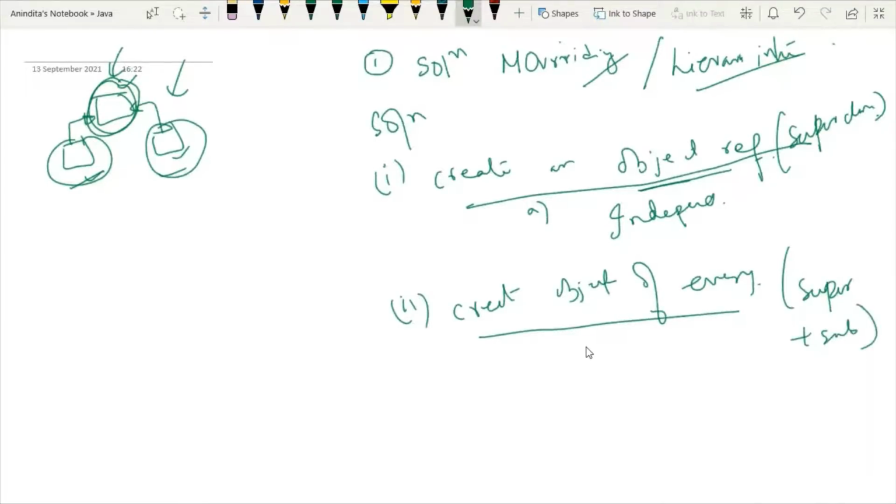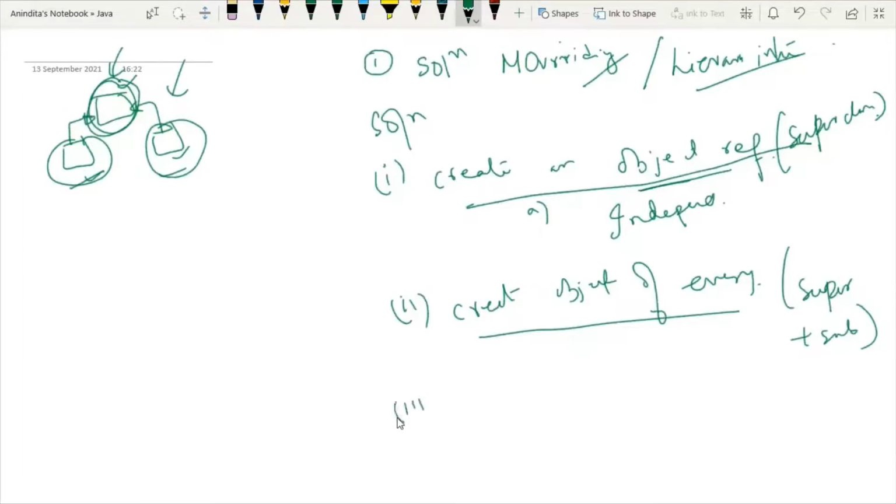Now you can ask me one question, why should we do that? Because in the beginning of the class I proposed that in some cases in inheritance we have to create an object of the superclass also, though we know that the object will take some more memory. But here the same thing applies. So the second point is that in dynamic method dispatch also we have to create an object of the superclass. Okay.